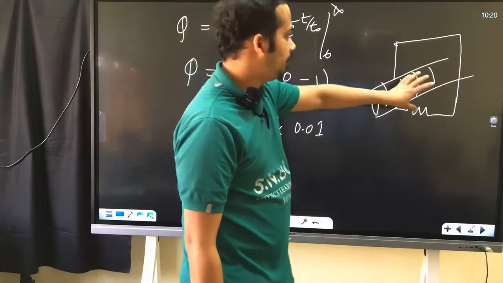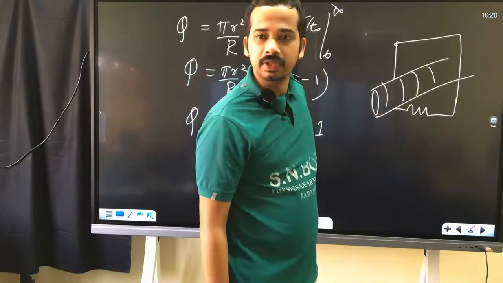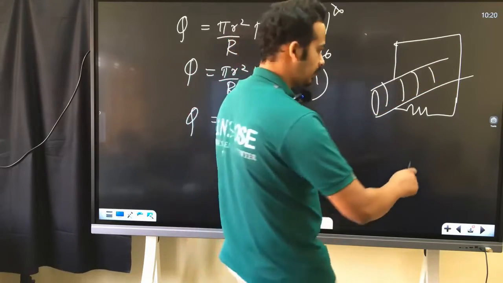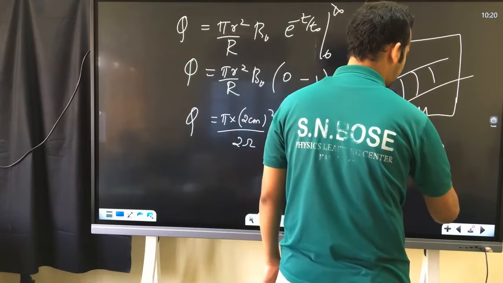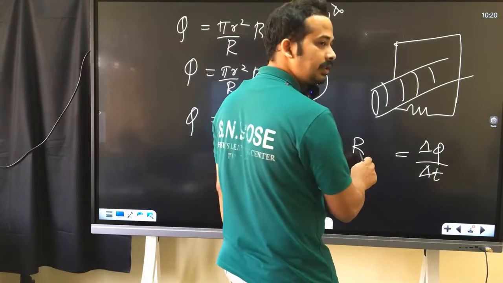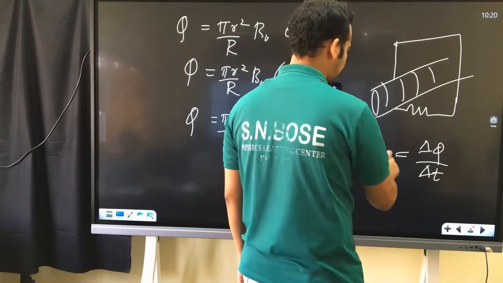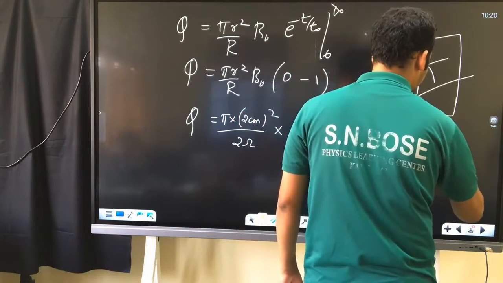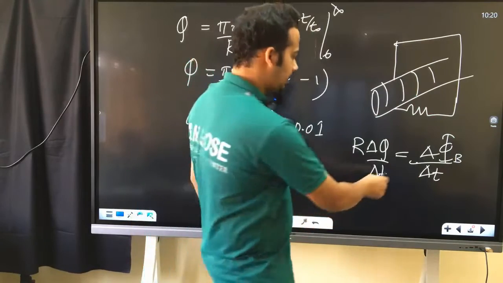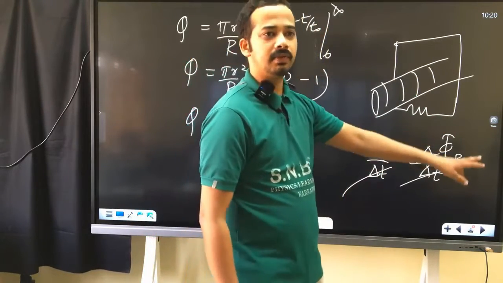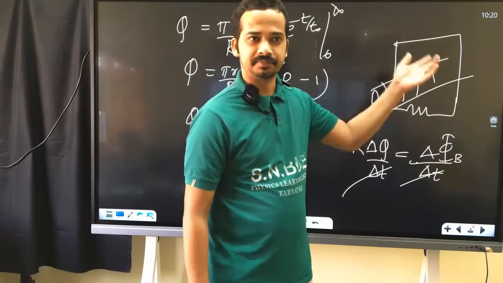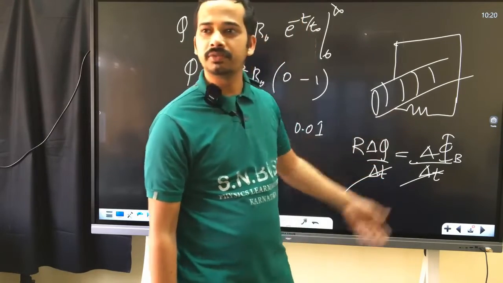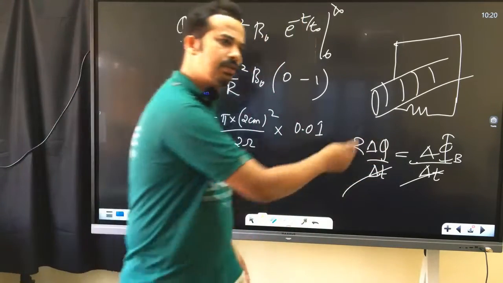If you take this solenoid and throw it out to infinity, initially you had some flux, finally you have zero flux. You can find the change in flux. Actually, you can do like this: delta phi divided by delta t, that's equal to resistance into delta q divided by delta t. There he cancelled out this one, and the change in flux is nothing but the initial flux. Got my point? So that's equal to the total amount of charge flown. That's how we argued. There also you could have done integration actually.